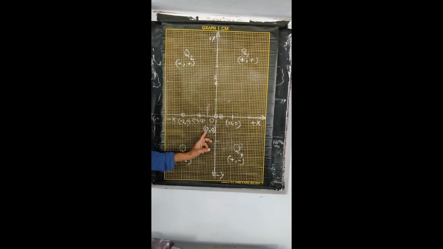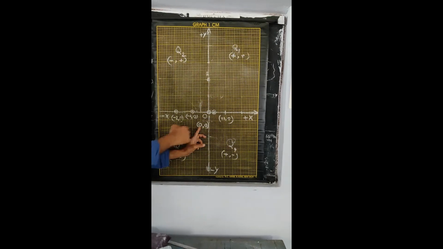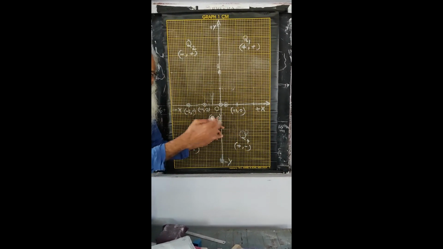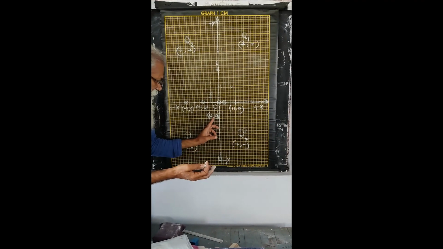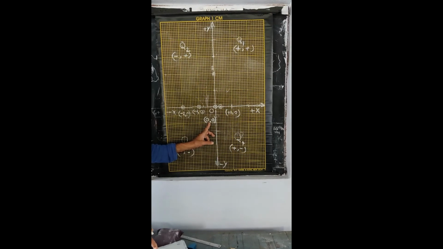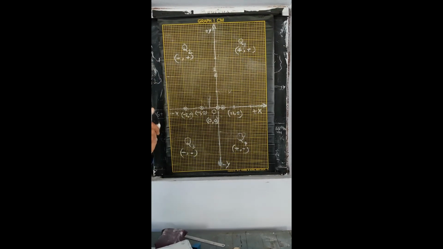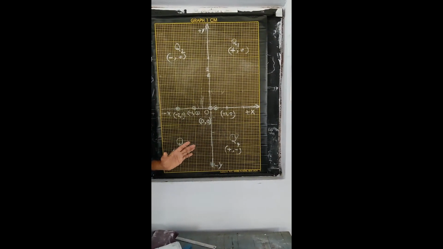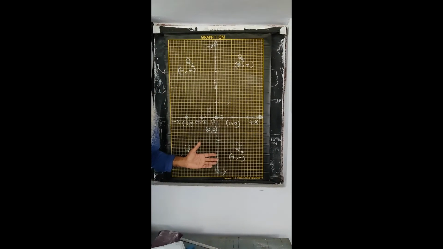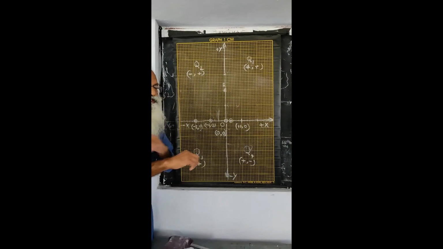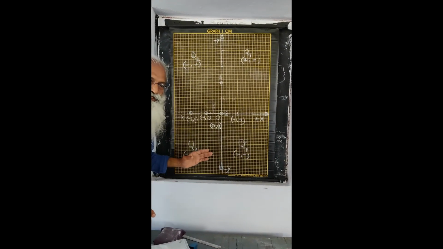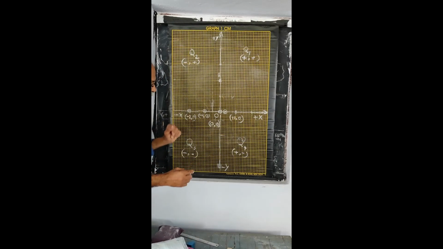The first number in the ordered pair is on the left, and that is the x coordinate. The second one is on the right, that is the y coordinate. They are separated by a comma. If you forget to use the comma, it's wrong. If you put a dot for the comma, it is wrong. Be very careful. Mathematics is a universal language, but you have to be careful. A dot can change the entire meaning. A comma at the wrong place can change the entire meaning. So be very careful. Okay.